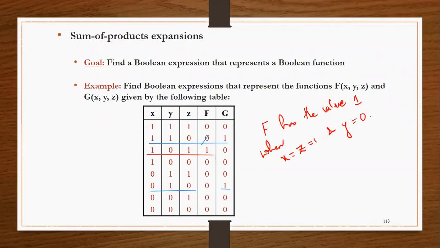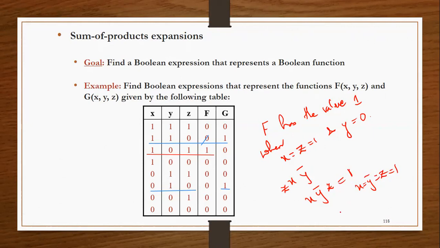So for this, we need an expression to represent f. So how can we find an expression? Such an expression can be found by taking x, z and y bar. Now the product, so we can take the product x y bar z. What is the value? It has the value 1 if x is equal to y bar is equal to z is equal to 1. y bar is 1 means y is equal to 0. So this will have the value 1.